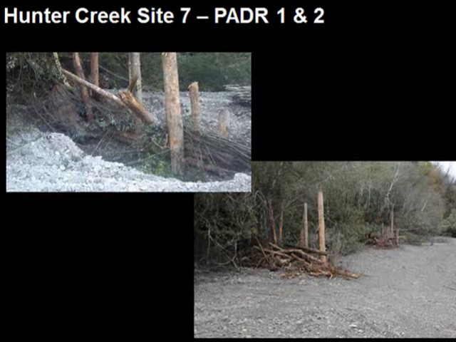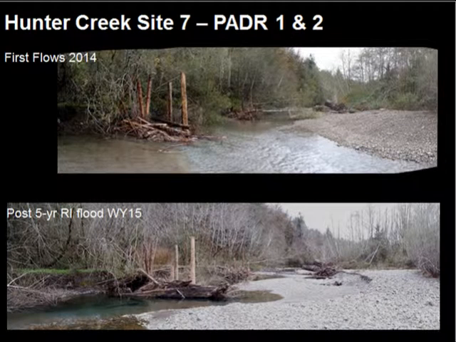There's these embedded posts that have a gap in between them, and then there's horizontal logs placed in the trench starting at about 9 feet below grade, and then building up to just about 6 feet below grade. Then we put willow in to grade, and we add in slash, and then backfill it. And this is what it looks like after a 5-year flow event. So this large piece of redwood here was naturally recruited. You don't see any deflection of the posts, and we developed a 5-foot deep scour hole here, and we scoured a tremendous amount of gravel and created a lot more complexity than was there previously.